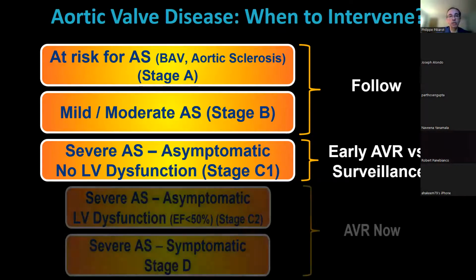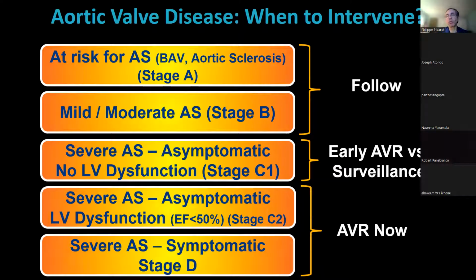And then you have the patients for whom we already have a clear class 1 indication for intervention in the guidelines. So these are the patients with severe AS who are asymptomatic but have LV systolic dysfunction, so an EF less than 50%, the stage C2, and as well the standard, let's say, severe AS symptomatic patients, stage D, who, of course, we need to intervene on to do aortic valve